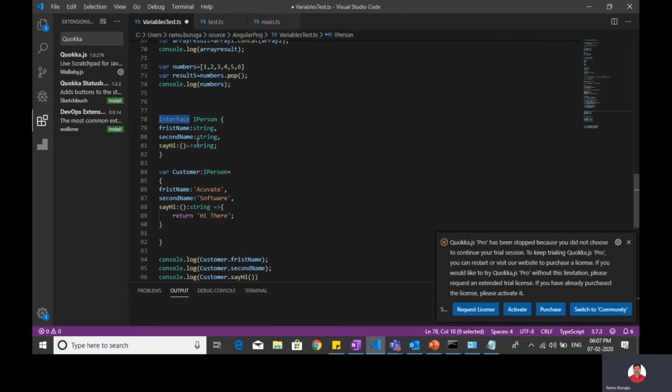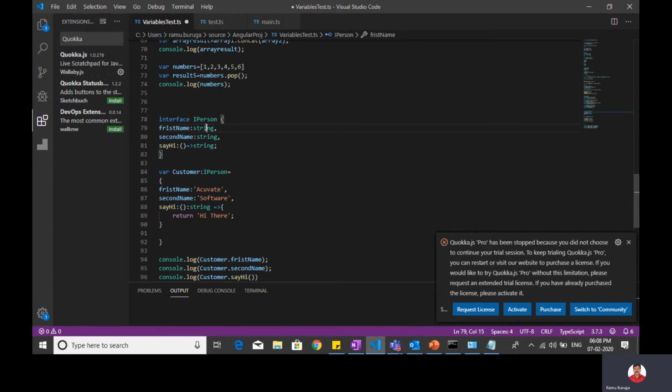In your language, I created here also the same. We should follow the same approach. So interface IPerson. I have declared a variable first name. You know how to declare a variable, right? Variable name and colon type. There we will normally use a space, but here we should use a colon.